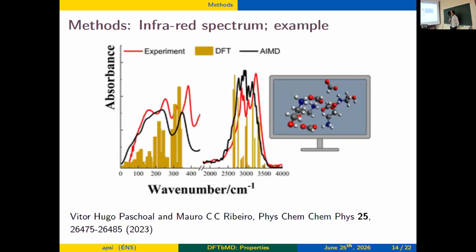So this is now, sorry for the resolution, I just took one example of calculating different spectra, and I said if I have time toward the end, I will show some of our examples. So the red curve here is some organic molecule that has been simulated, and they compare with the experiment. The orange bars are the harmonic analysis, so let's say the DFT, a static calculation and the normal modes. So one more or less gets peaks where one has peaks in the red